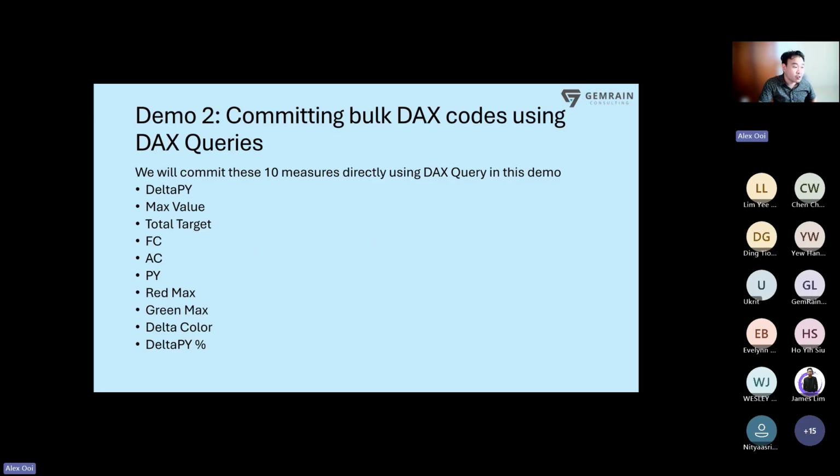Last time when SVG was out, but DAX query was not out yet, I had to spend a long time figuring out what am I supposed to create first. What is the flow that I need to do first? Otherwise, if I am creating delta PY percentage, but I do not have my PY yet or my delta PY yet, I can't, because all of these things are pretty much like